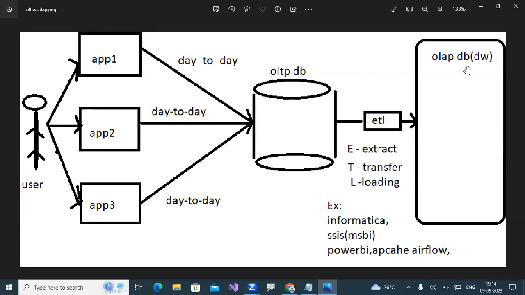So whatever you are taking, 2 years of data, that is called an OLAP server. ATM is an OLTP database. So these are the examples of TP and AP. Are you clear on this? Okay?